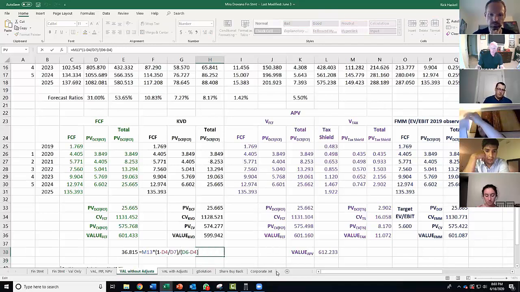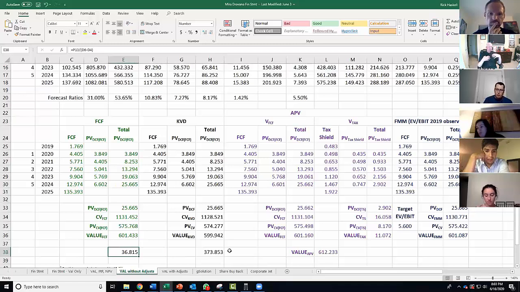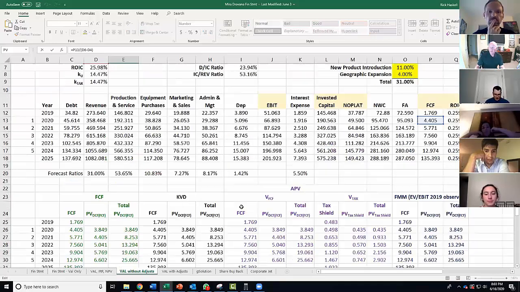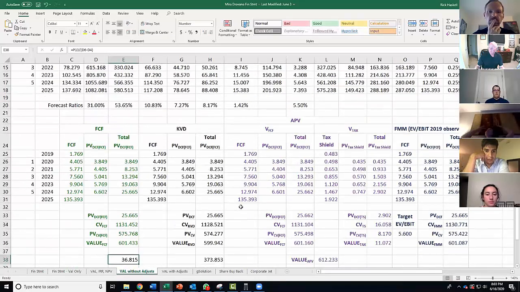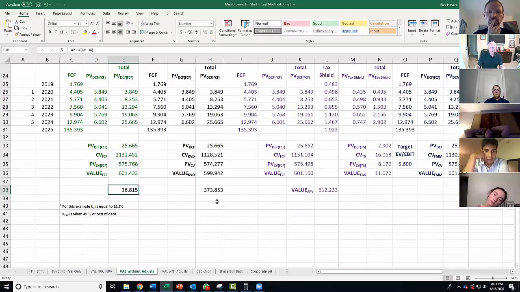Now that's interesting. When I used a single stage model, that was simply my free cash flow divided by WACC minus G, I got a very unsatisfying value, right? Mm-hmm. But when I expanded this, made it a little bit more complex, brought in some other variables that are dynamic, I'm still nowhere near 600, but I'm not as egregiously off anymore.